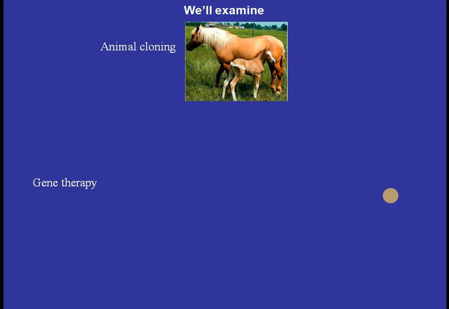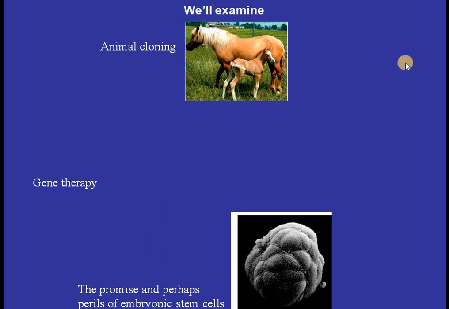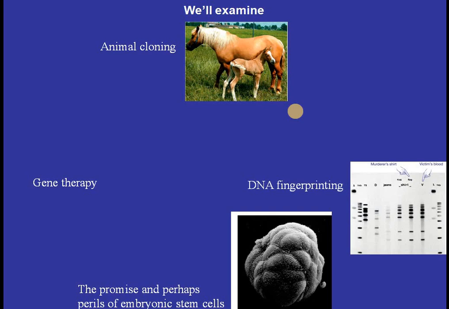For example, recombinant DNA technology is used for animal cloning. You can see in the first image that the horse is exactly cloned for the daughter. It means the daughter and the horse look exactly the same. It is nothing but a clone of each other. Okay, and then your